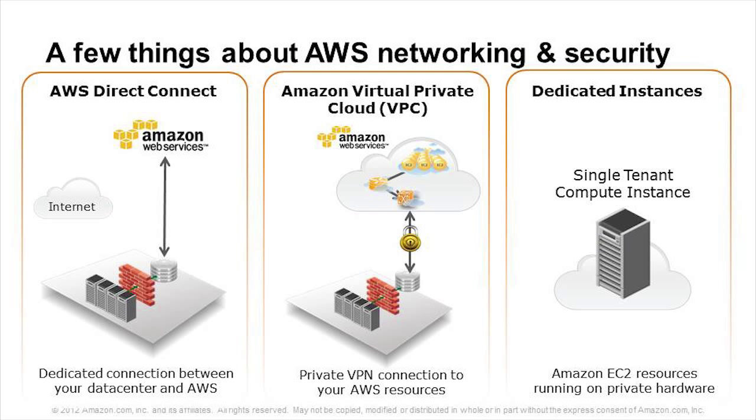Let's focus on a few other networking and security concepts before we dig deeper into disaster recovery. As I described it just a few slides ago, the AWS Direct Connect lets you create a dedicated connection between your data center and AWS. You could do this for reasons of privacy, or you might want to do it for regulatory reasons. You might do it to make sure that you have a controlled amount of bandwidth between your site and AWS. Whatever the reason, you have this ability to create this connection.